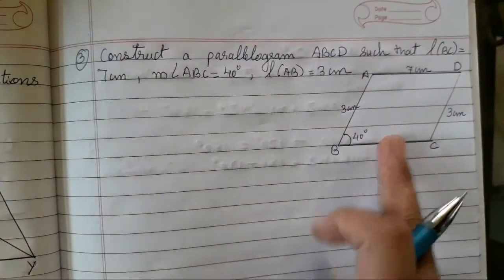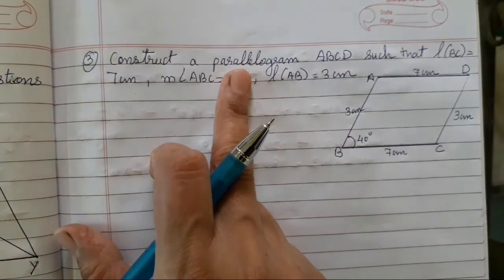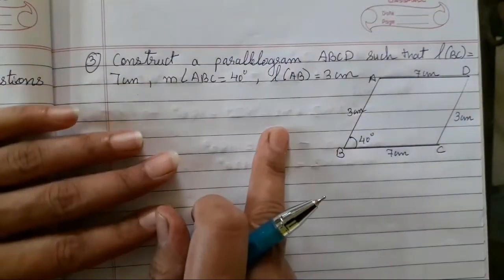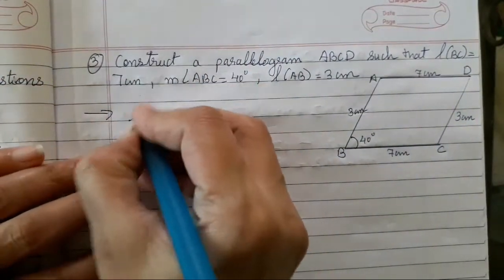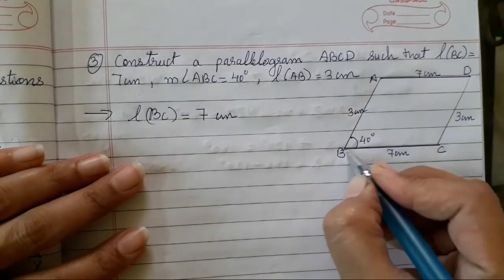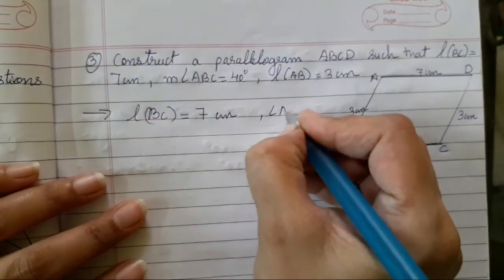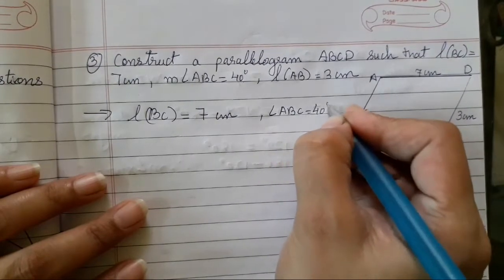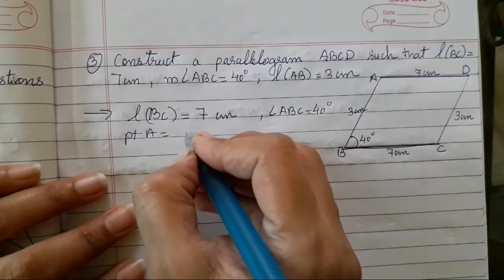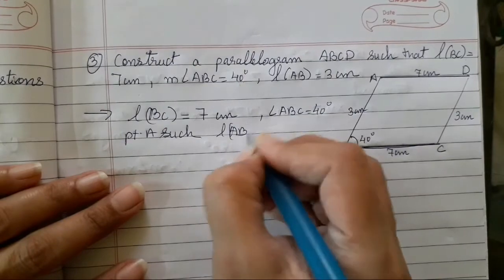So this is the rough figure that we have drawn according to the question that they had asked. Okay, so now according to this question, what does that mean? We have drawn it, and in which the solution is length of BC is equal to 7 centimeter. Okay, so first we have to draw 7 centimeter, and then measure of angle ABC is equal to 40 degree. Okay, and point A is such that length of AB is equal to